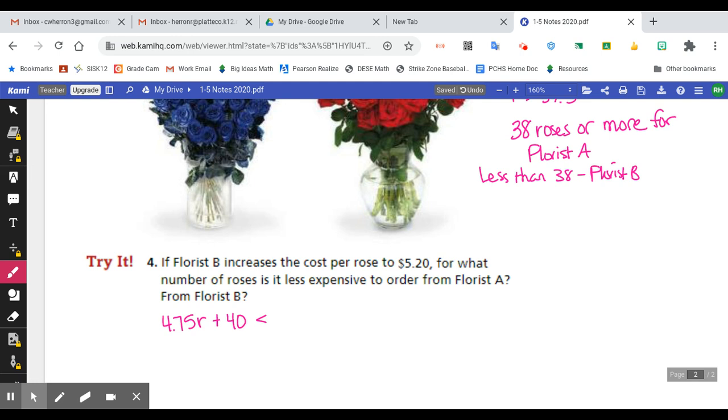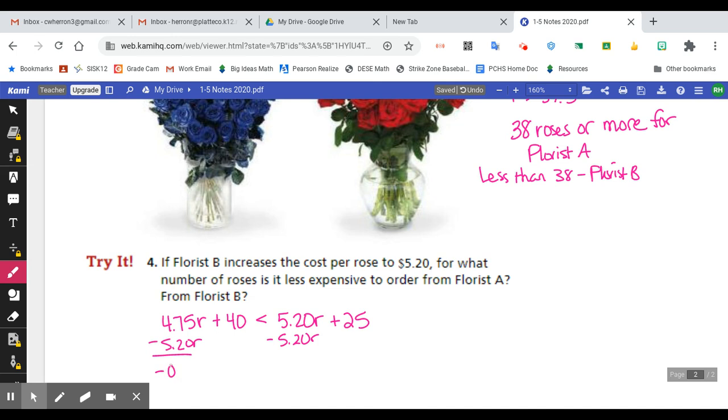Then florist B is going to be $5.20 per rose plus the $25 fee. Okay, so let's try this one more time. Subtract 5.20 from both sides,